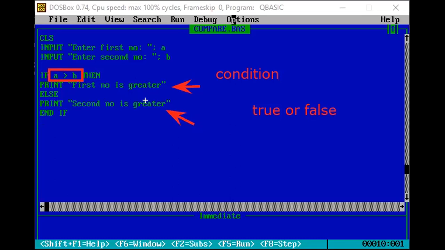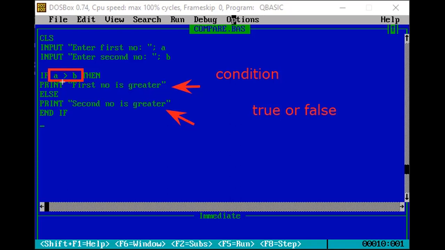It means only one statement will get displayed at a time. All the statements will not be getting displayed. In the previous question, all the statements were working, but here in the if then else statement, one statement at a time will work based on the condition.